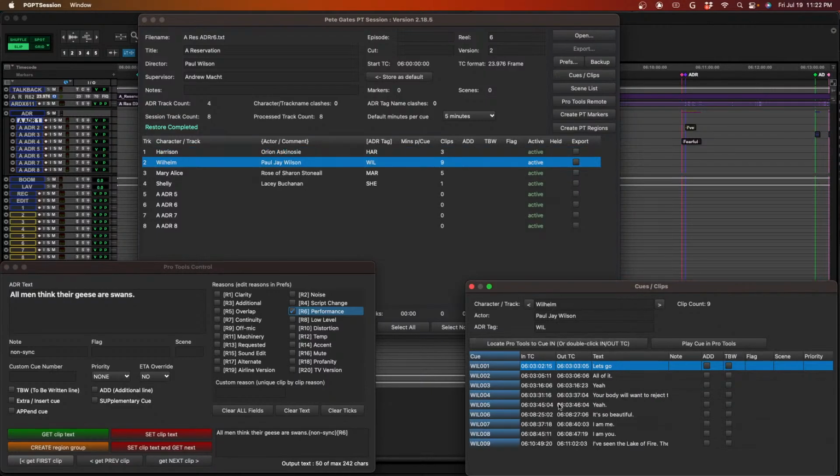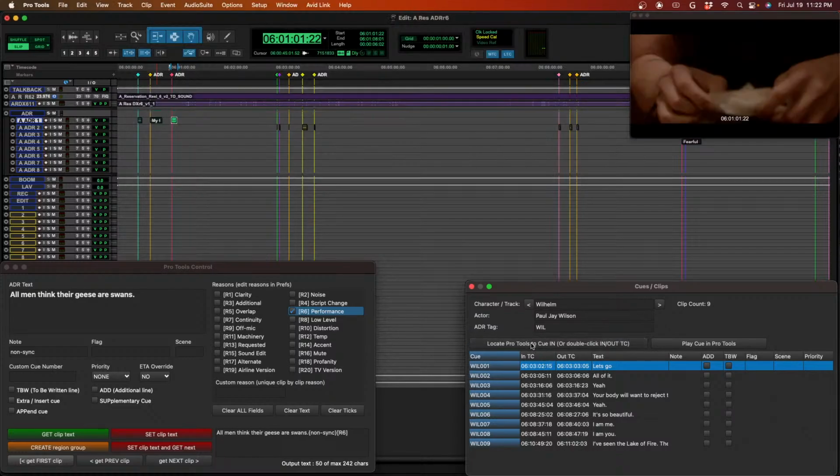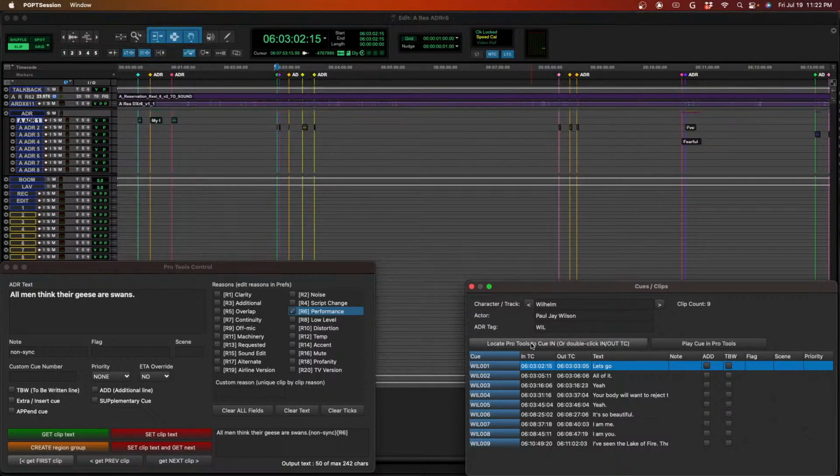Now we're into the next actor, and as you can see here, I can press these arrow keys to jump around between different people, and then again just click that locate button, and now we're moving into the next set of cues, and then I'm selecting down the next list here of the lines we have. So the next one is let's go, and then I'll again go get first clip,